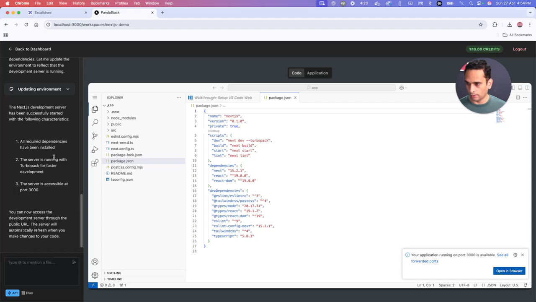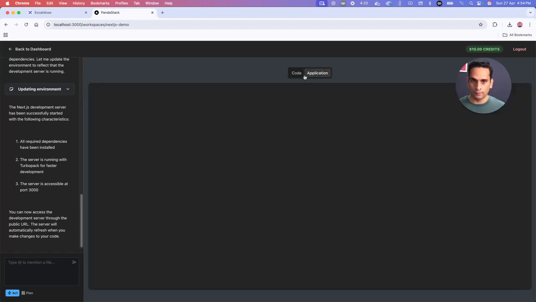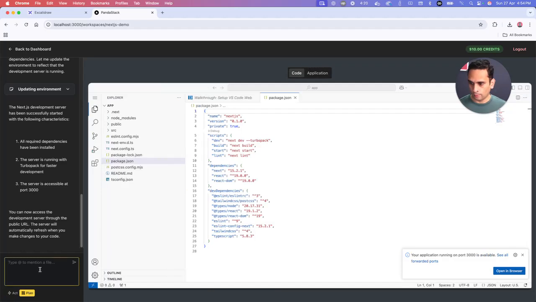Okay, so now it has said I have started the server. We'll wait for the server to actually show us a page. So when you go to this page, it takes some time for Next.js to actually generate the page. So meanwhile, we can ask it to plan something. It can be anything. In this case, I would ask it to make the home page. I want the home